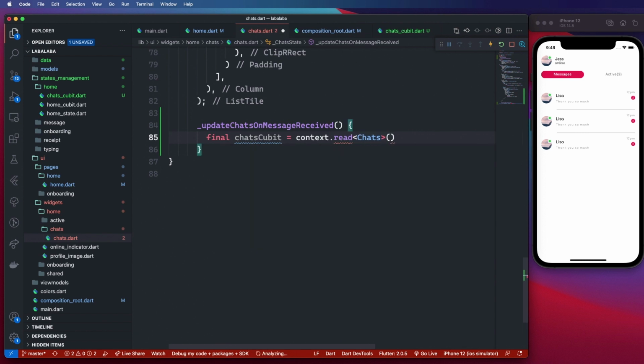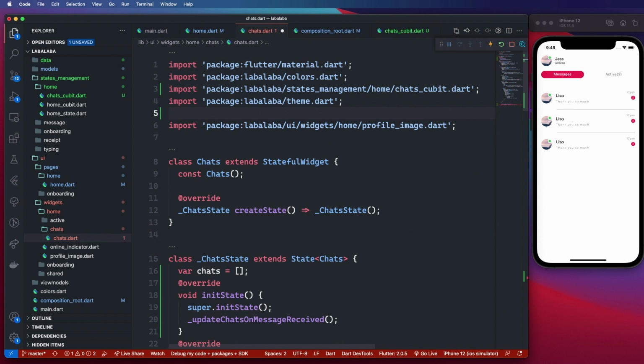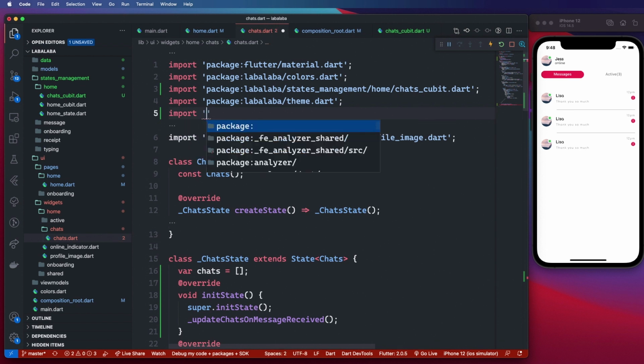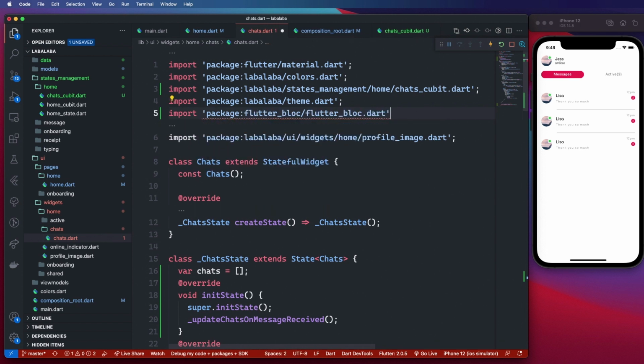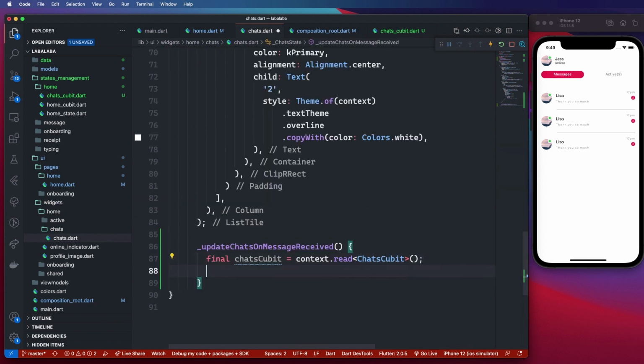The reason I have access to all these using the context is because I'm using the multi-block provider as the parent widget. So all these different blocs and cubits are available to the children of that parent. And this read method is from the Flutter bloc package. So we will read that in,